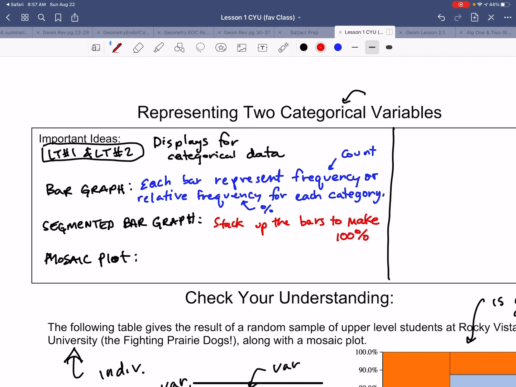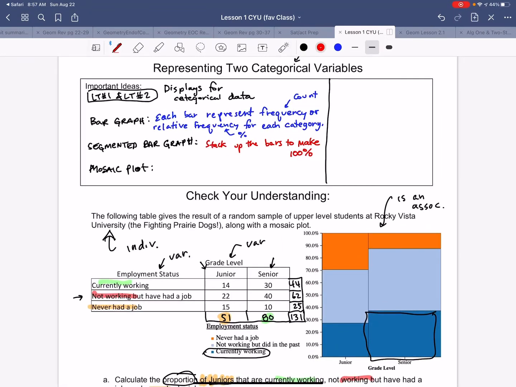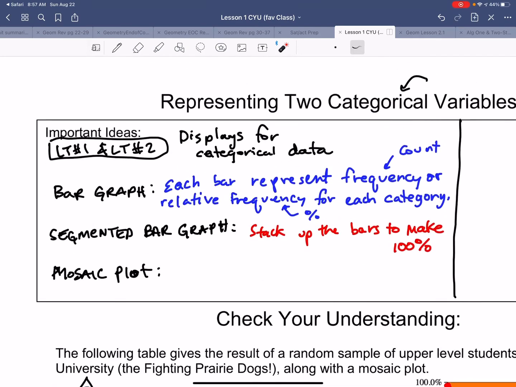Keeping track of, okay, this was all of the teachers we talked to. And so we see here that, in a way, a mosaic plot is a segmented bar graph that has an additional feature to it. Notice that each of these are stacked up, and they go up to 100%. So why do we need an extra name for a mosaic plot? Well, it actually has a different width to it, right? It is a segmented bar graph